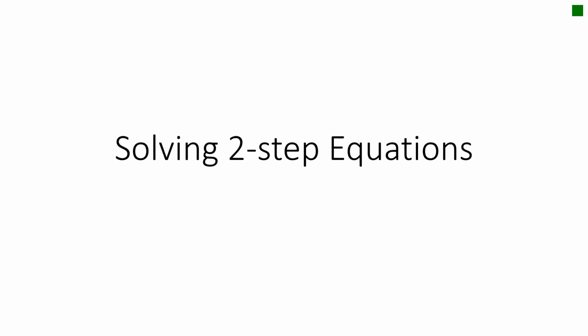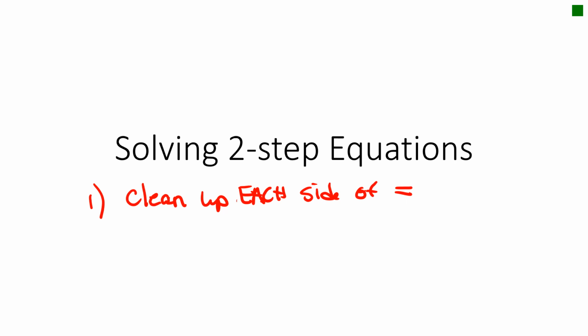Right, so today we're going to do solving two-step equations. Two-step equations are equations that have both addition or subtraction and multiplication or division. And the order that we're going to do this in: the first thing is you're going to clean up each side of the equal sign. So that means the left side is all cleaned up, the right side's all cleaned up. That means there's nothing other than a variable term and one number, or just a variable term or just a